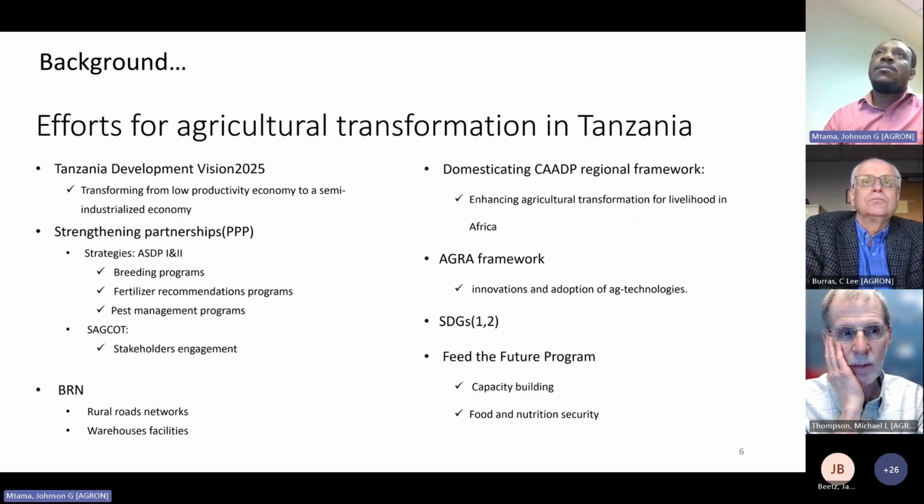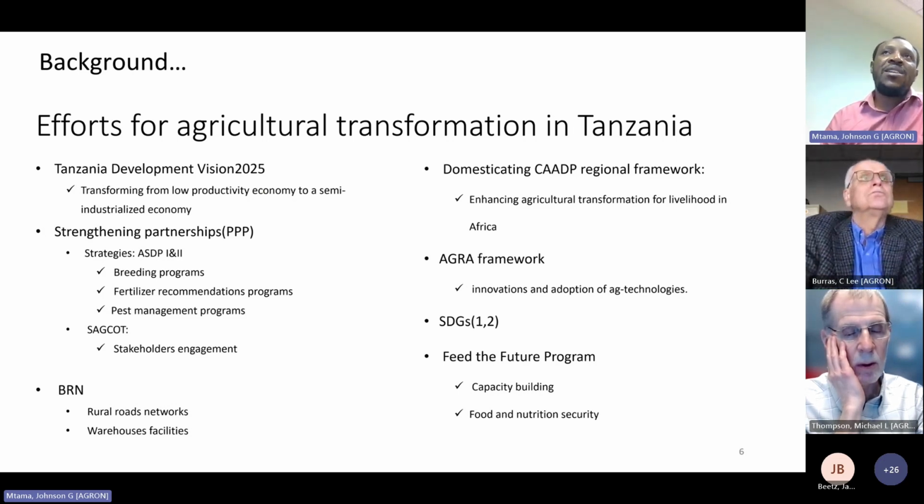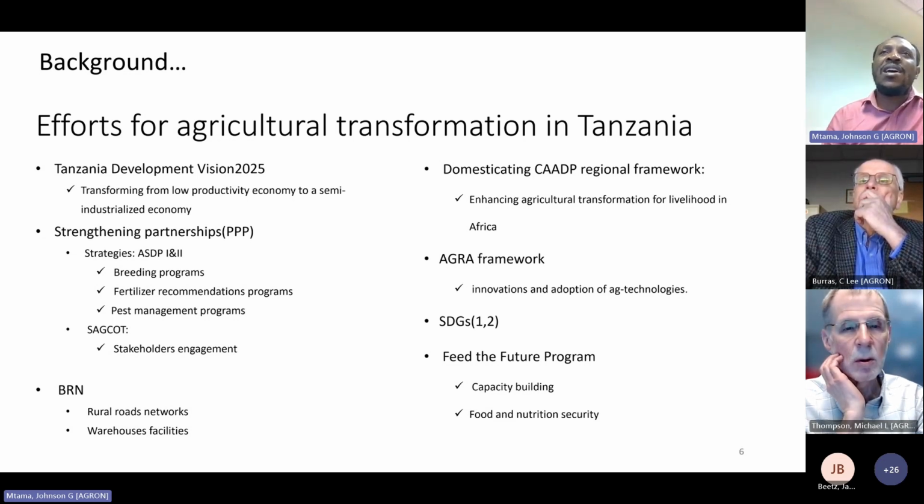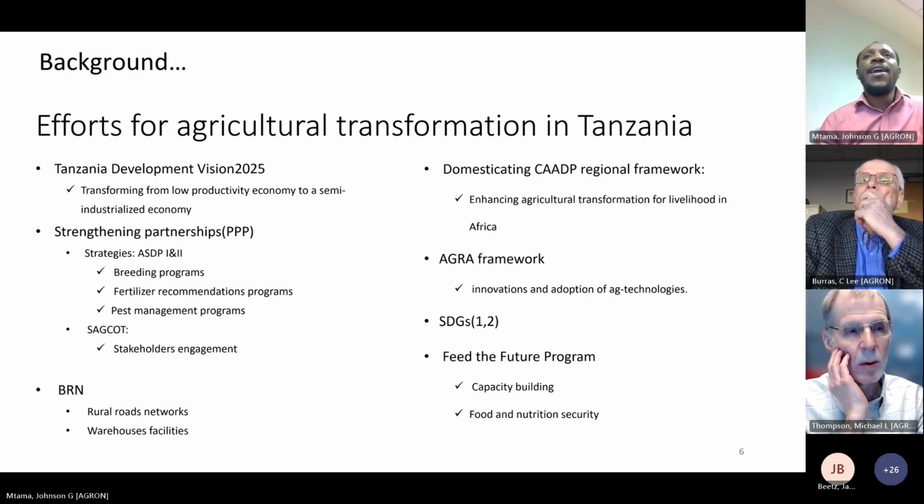So the government of Tanzania has been making several efforts to transform the agricultural sector in the country. With the Tanzania Development Vision 2025, aiming at transforming a low productivity economy to a semi-industrial economy, the government has been trying its level best to create an enabling environment as far as the policy of the country is concerned, the legal frameworks, and several strategies and programs have been implemented, such as Agricultural Sector Development Program 1 and 2. And these programs were